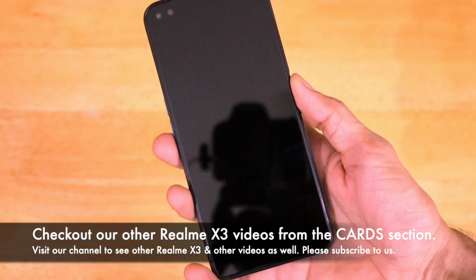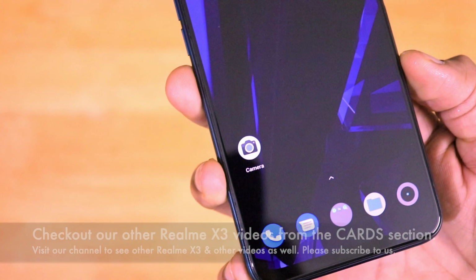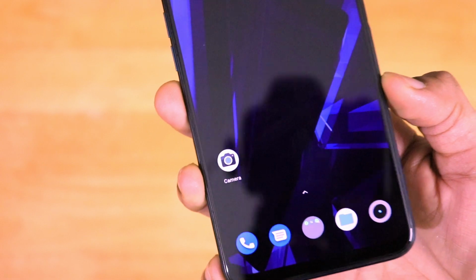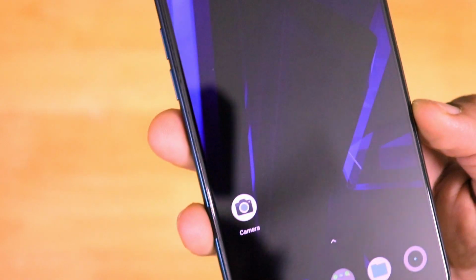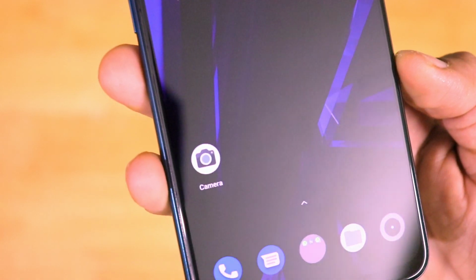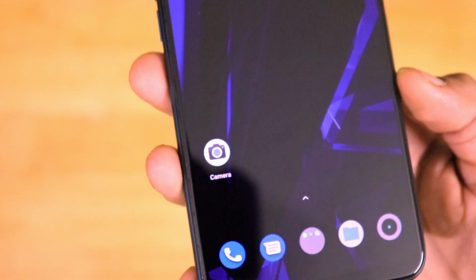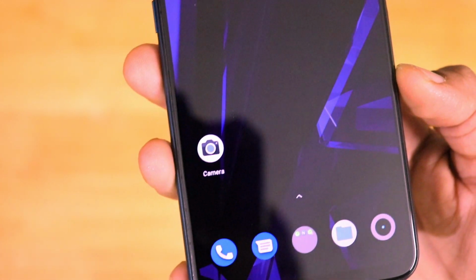The only disappointment that I have after these many days is with the cameras of the Realme X3. The phone is decent in all the other areas, and Gcam is a savior for bad cameras on any smartphone, right? But in this case, does the Gcam help to revive the Realme X3's bad camera performance? That is what we are going to find out in this video.